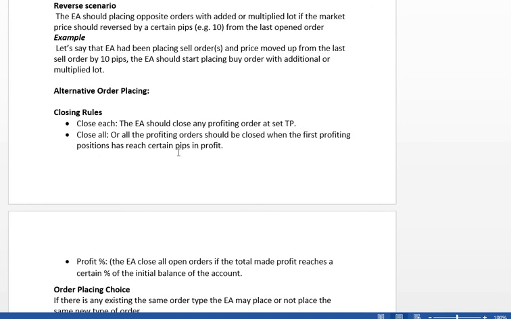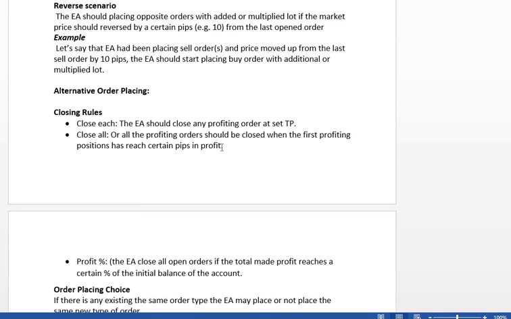All the profiting orders should be closed when the first profiting position has reached a certain number of pips in profit. For instance, if the market is open buy and the price is going up and the EA is opening buy after buy, once the first order placed gets to, let me say, 100 pips profit, the EA should close all the buying positions that are making profit at that moment,